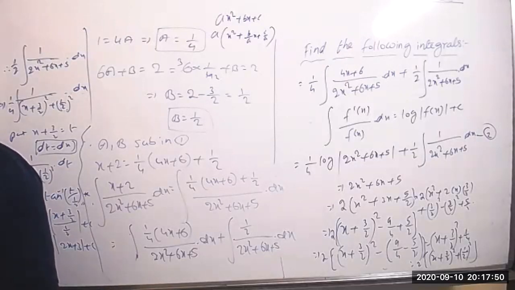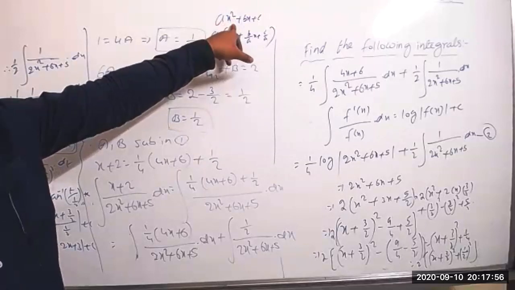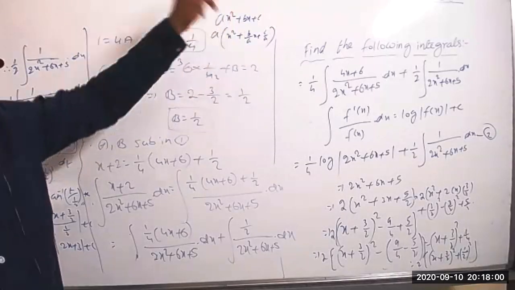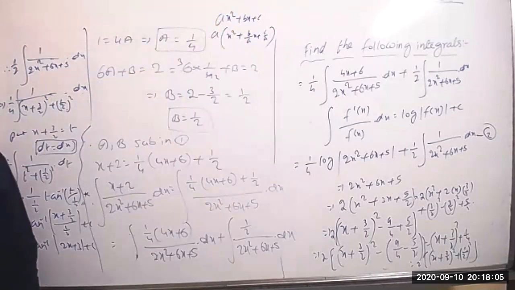So 2 more questions you can try, then you will understand very clearly. But all of you, this is the more important point. If it is an equation, then no need to take any common factor here. If it is an expression, compulsorily we have to take a common. Okay, there are small changes you can remember.